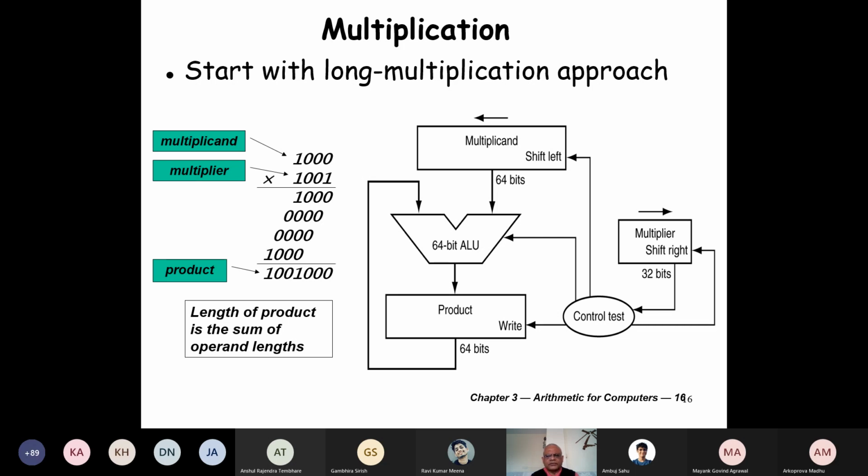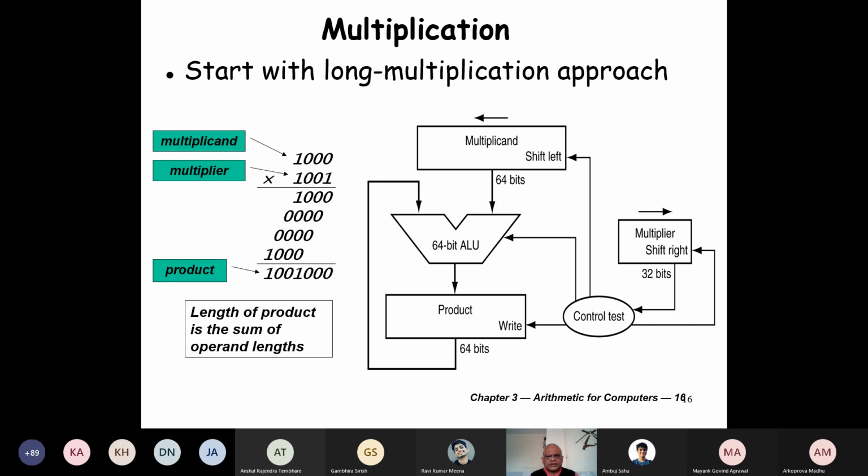Now let's look at the hardware we use to achieve the multiplication. Ambuj, yes. So for the representation shown on the left, is it not a 2's complement representation? Because the addition is done directly. It is. Yeah, no. Right now, we will ignore the sign.